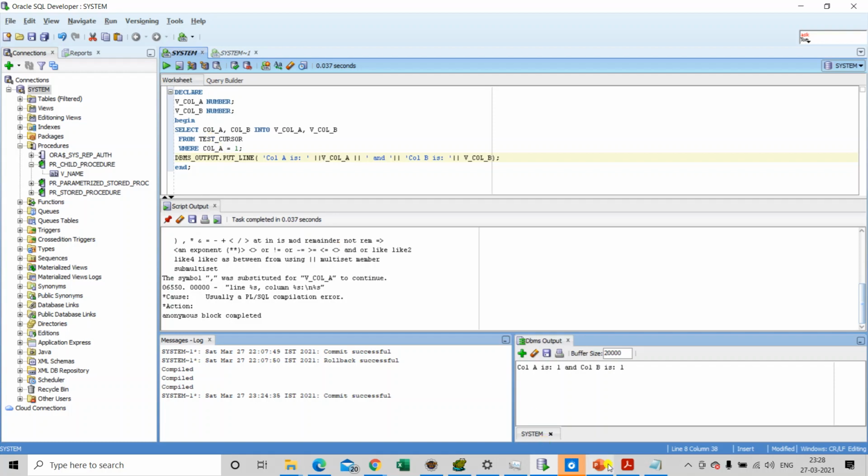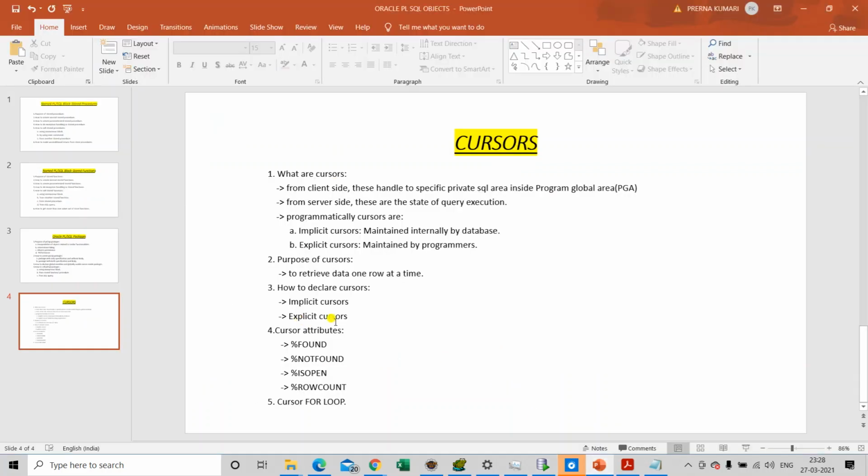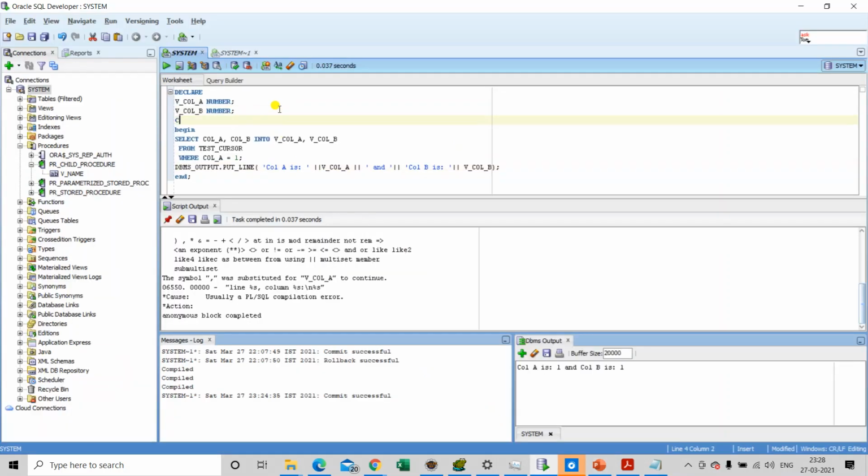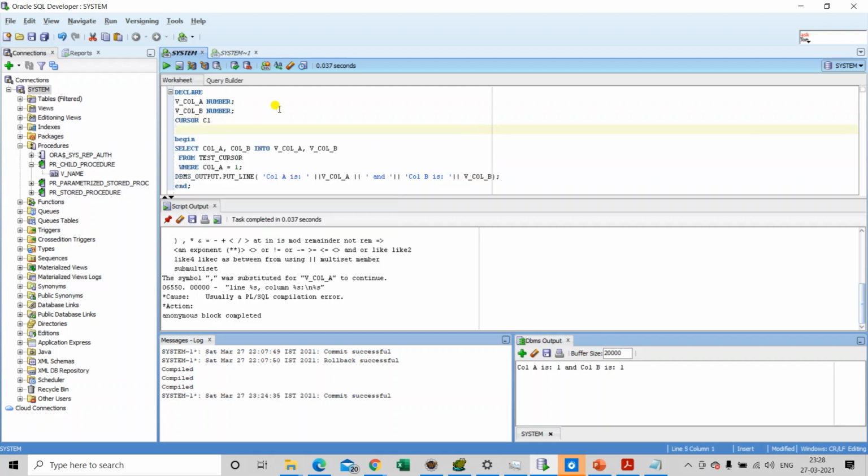Now let's move towards the next part, that is explicit cursors. Explicit cursors are declared using the cursor command. Let's assume that the cursor will have a name called c1.